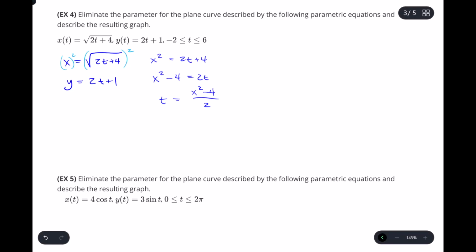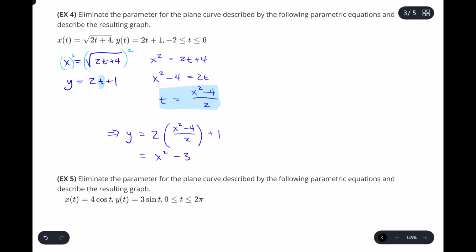And then I can take this knowledge for t and substitute that in for t in the other equation. So that would give me y equals 2 times x squared minus 4 over 2 plus 1, which would essentially be x squared